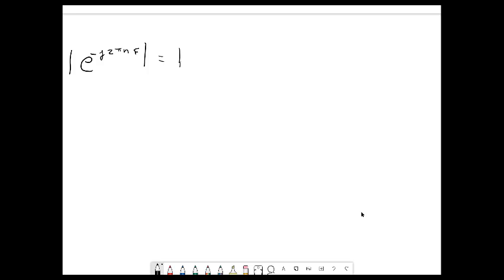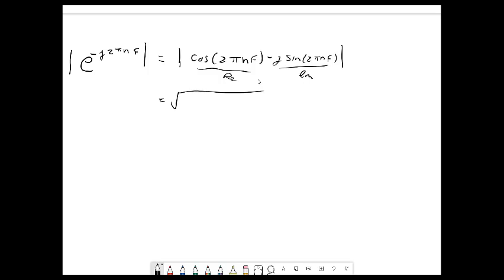E to the minus j anything is cosine of that thing, in this case 2 pi nf, minus j times sine of 2 pi nf, minus because we have the negative sign in the exponent. If this was positive, we'd have a plus j sine 2 pi nf. So we have a real part here and an imaginary part over here. That magnitude's going to be the square root of the real part squared plus the imaginary part squared,